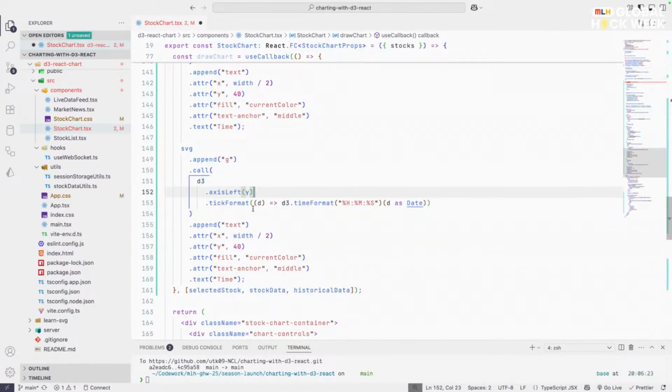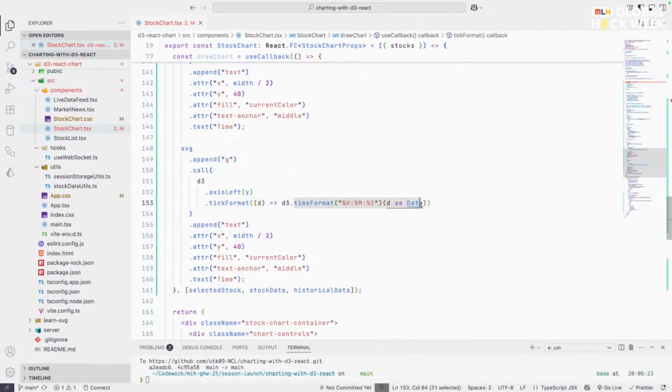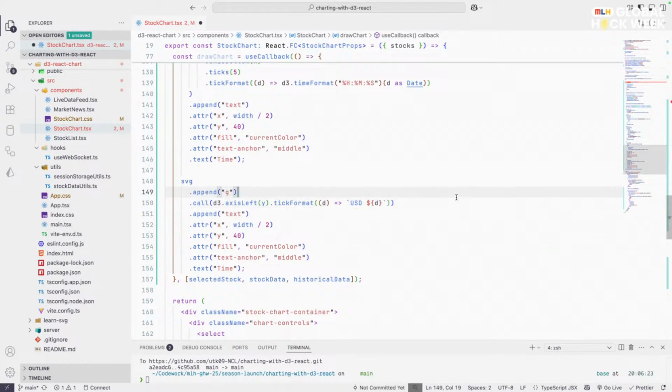This is fine, and the tick format would actually be money, right? So I'm just going to do, not even d3, let's just say a string where the first dollar is the dollar USD. Let's write USD, and then here we pass the data